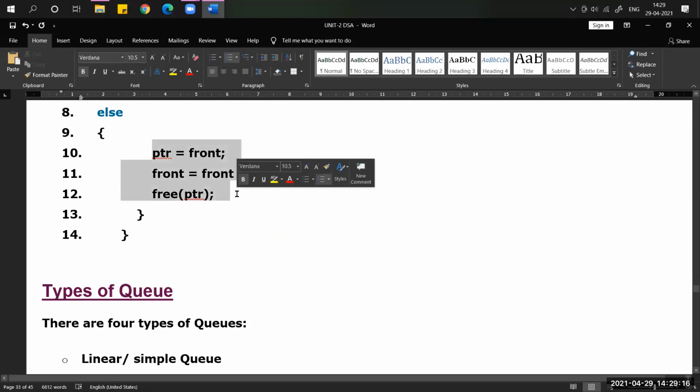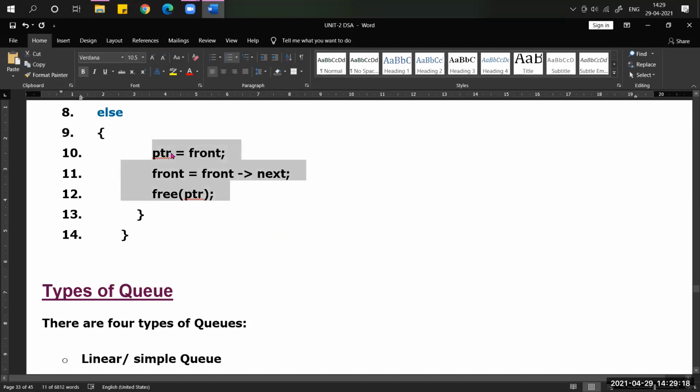The else block takes the starting address and keeps it in a name, ptr, and with the help of the 11th line, we are taking the second node address, and that second node address should be pointed to by front. After that, delete the first node.